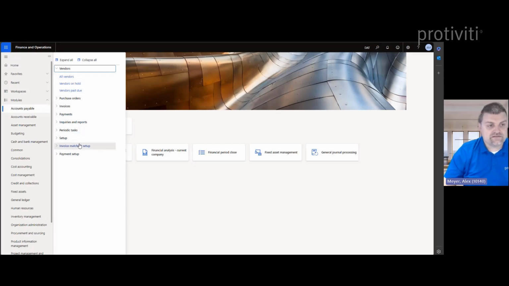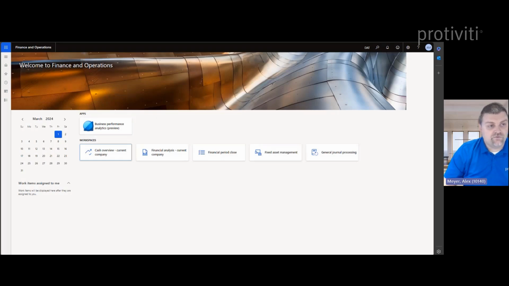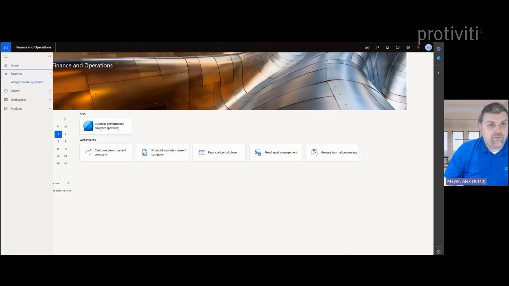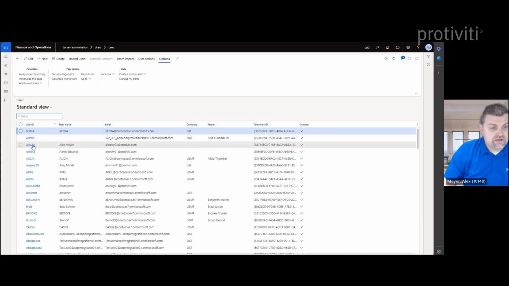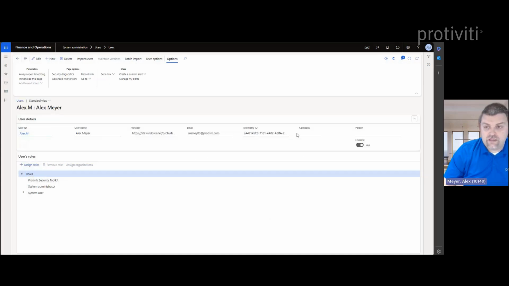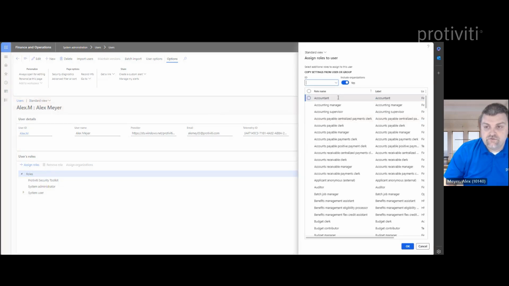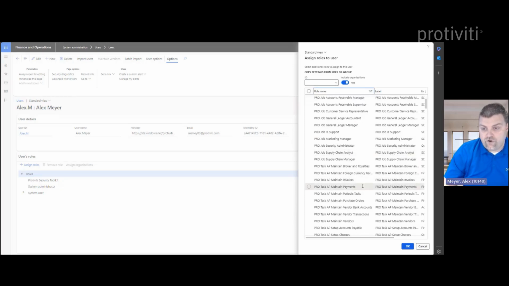So is there a better way to handle this? That's where the template roles come in from Protiviti. So instead of assigning the accountant role to the user, now I'm going to go back in and assign the Protiviti task role that grants access to that area, which can be found by going to Users, to My User. I'm going to revoke the accountant role and go in and search for the task role for AP